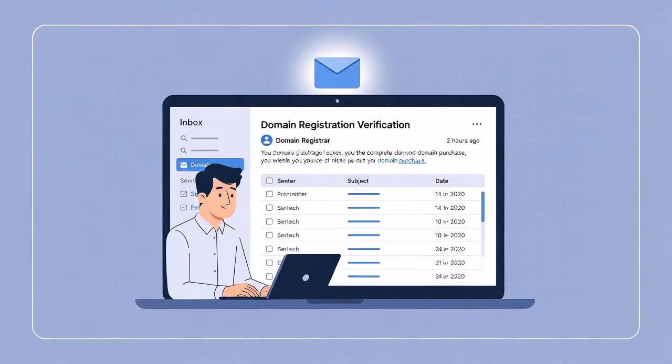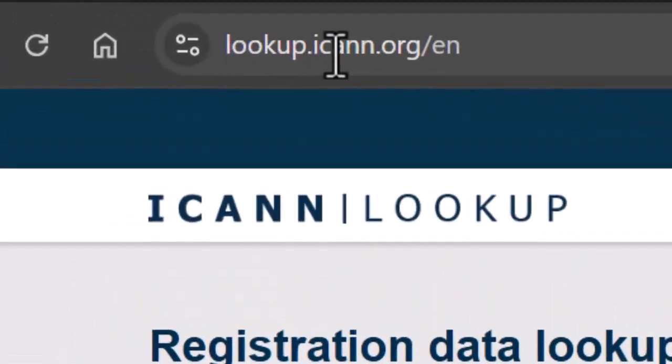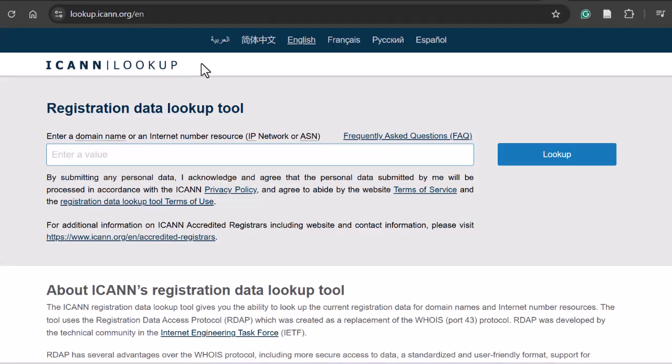The next method is using ICANN Lookup. The web address is lookup.icann.org. Check the description for the link. Here you can copy and paste your website link, your own or your client's. So let's copy and paste one of my client's domain names. So I copy and paste this one,